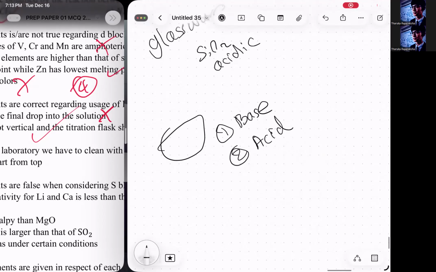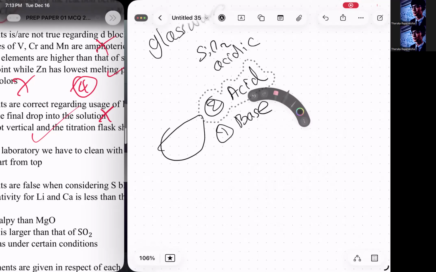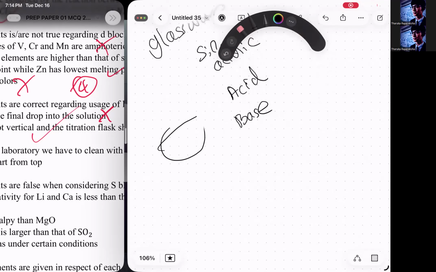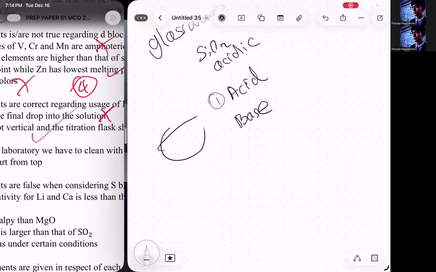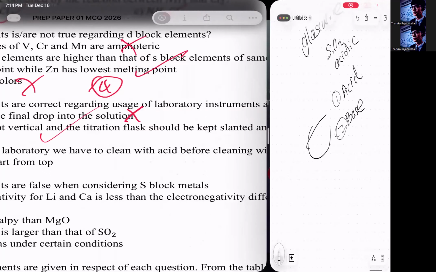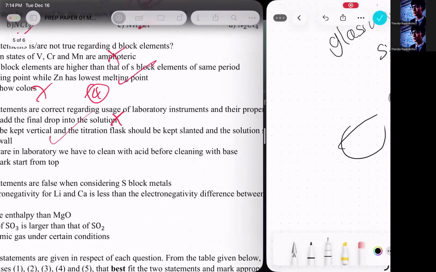Otherwise, what's going to happen if you switch these, if you first wash with acid and then wash with the base? The base will remain in the glass and it will corrode the glass. So that's not suitable. So people, we can consider this statement